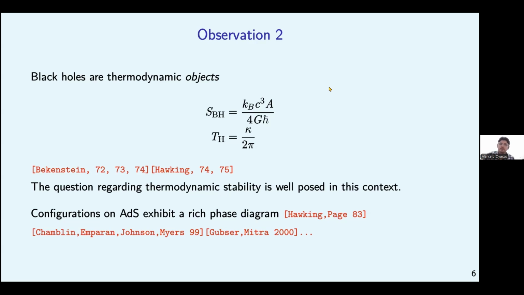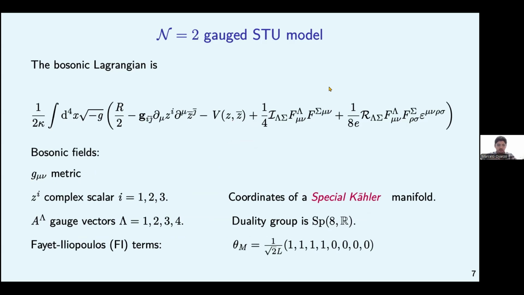Okay, so with these two ingredients, I want to play a bit with black holes in the STU model that I will introduce now. The STU model is defined as a truncation of the maximal theory in a certain way, and at the end of the procedure, which I cannot give all the details of here, it ends in an N=2 gauged supergravity, whose general Lagrangian is given by this, where you have some scalars parameterizing your scalar manifold.